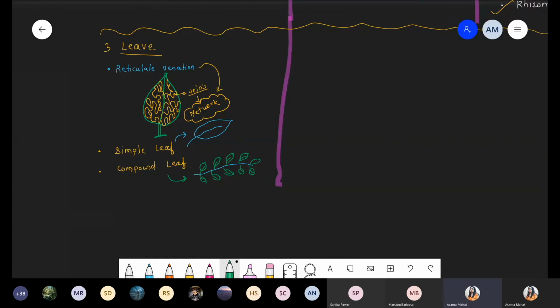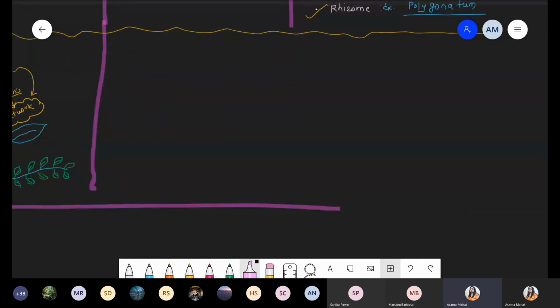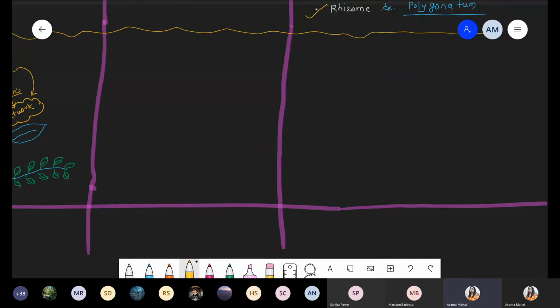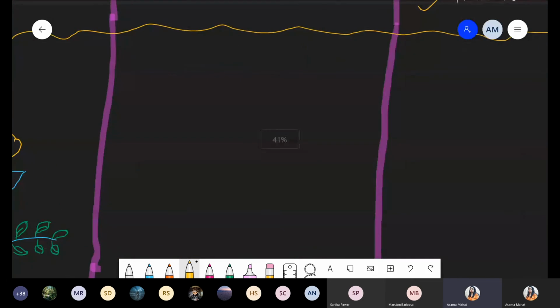Okay. So these are the leaf structure which is present in case of Fabaceae family: reticulate venation, simple leaf, and the compound leaf. Now we compare this point with the remaining two families, potato family and the lily family. So first of all, we are talking about the potato. Same condition is present in case of potato. Simply we can say there is a presence of reticulate venation, and we just discussed what is the meaning of reticulate. Veins are present, but those veins form a network.